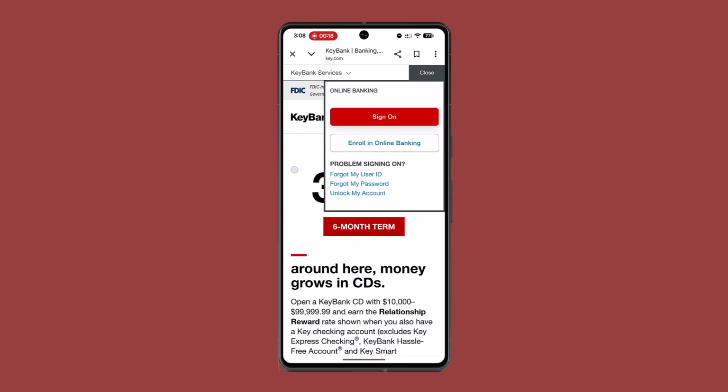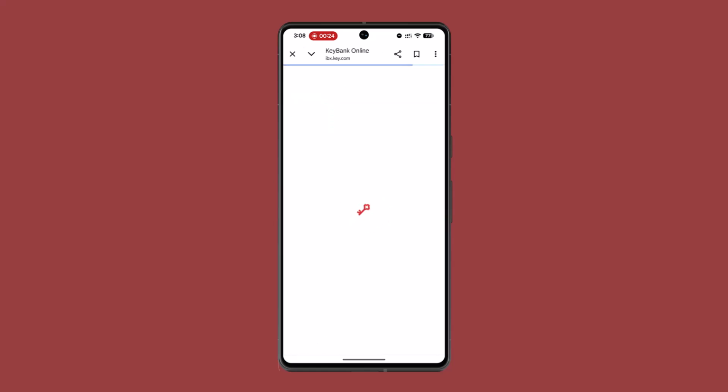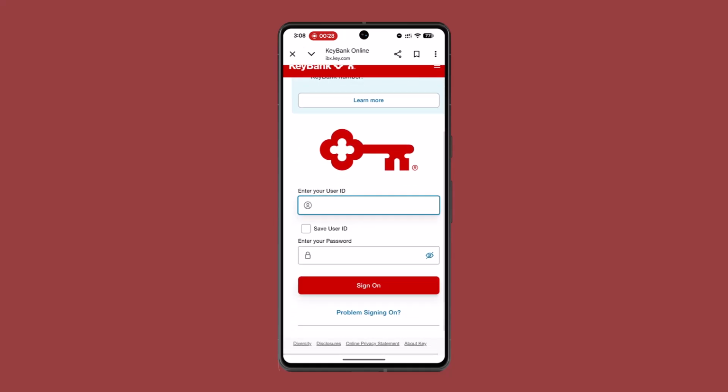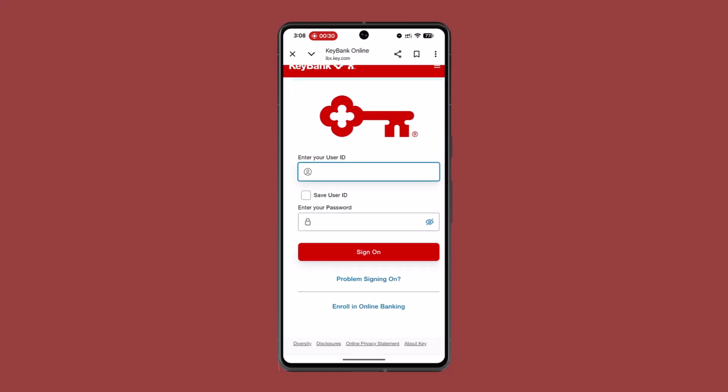After completely installing the app, you then need to go ahead and click onto the sign on button. As you click on the sign on button, you will be prompted to the page where you need to go ahead and use your user ID and your password associated with your Keybank mobile app. Now that you've typed in the following information, click on sign on once again and you should be logged into